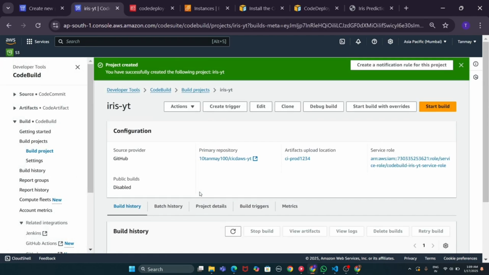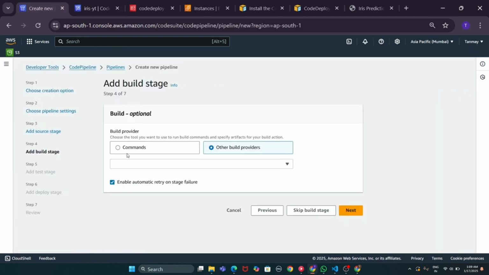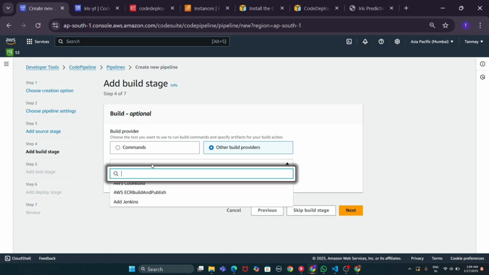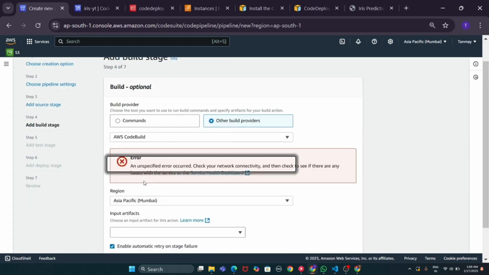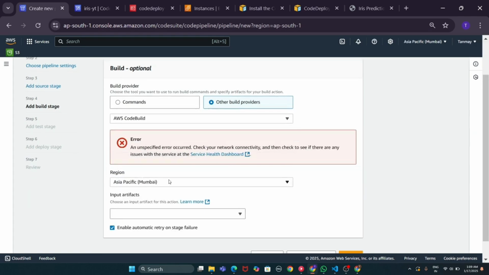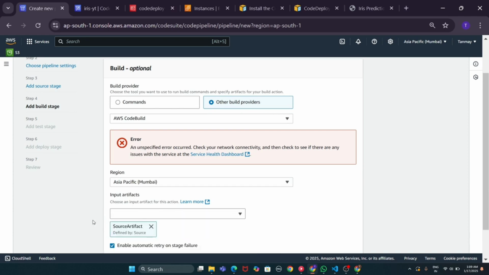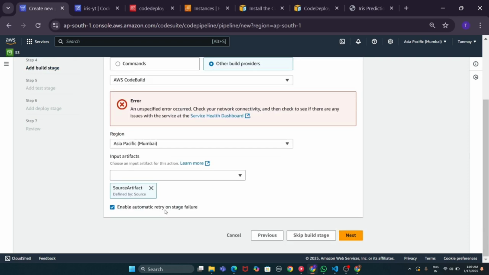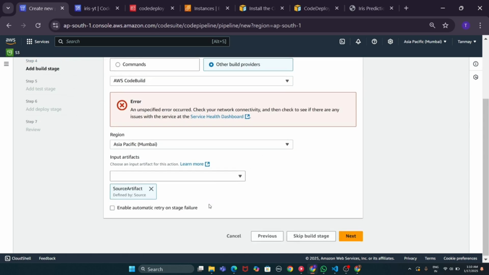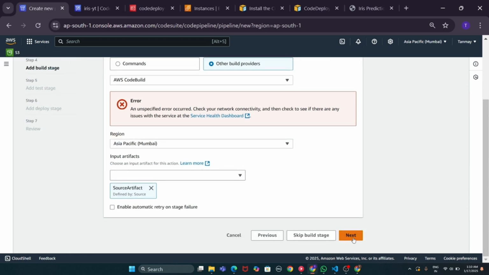As you can see, this is created, right? Now if you go back to this pipeline stage again and add build. Now we are going to mention the build provider. What provider are we using? We are using the CodeBuild provider, right? Then we are choosing the input artifacts. We are choosing the source artifact. So from the source only we are going to take the information, the data, the code and everything, and I am disabling the retry one. I don't want to do that ahead. Okay, fine. I think if I click on this next button,